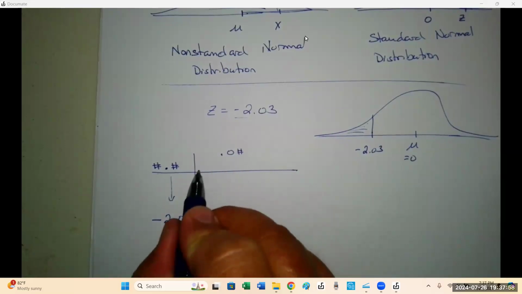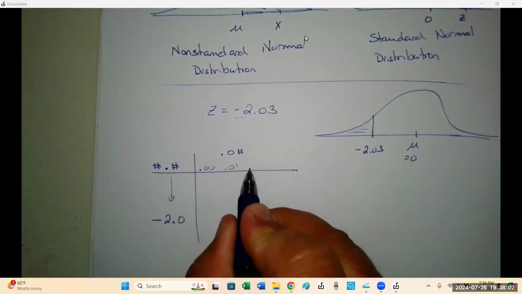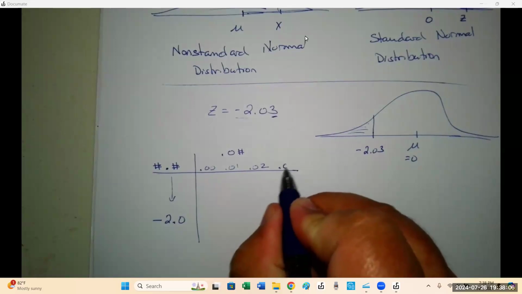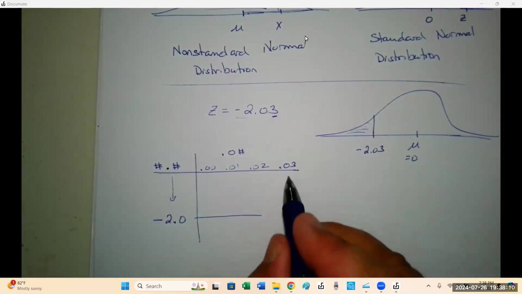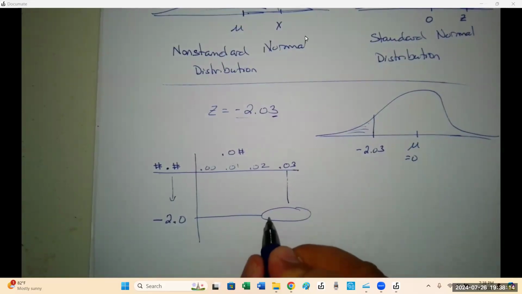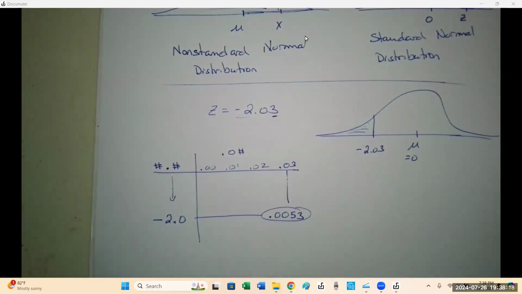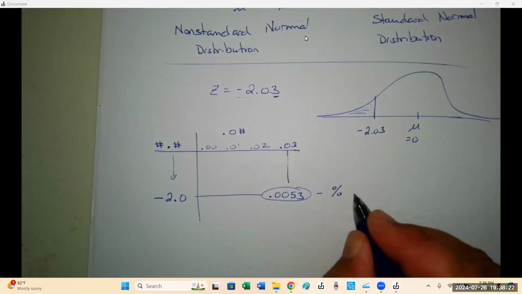And it always starts off at 0.00, 0.01, 0.02. Since this one is 3, we go to 0.03. Now, where both of these intersect,